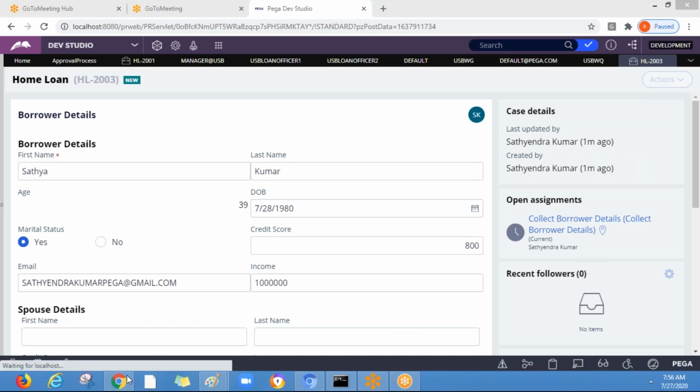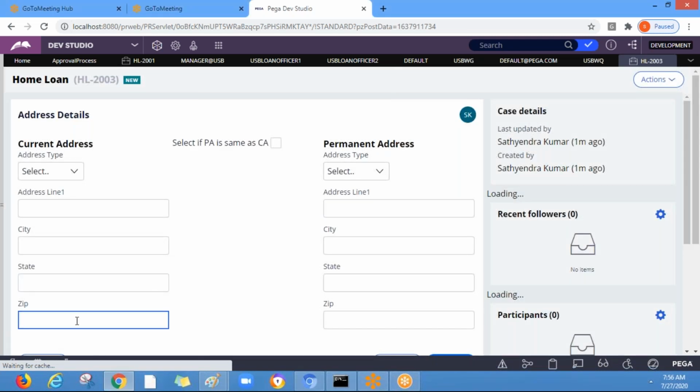So we can log in with a different browser to see those assignments. Okay, 1, 2, 3, 4, 5, 6.